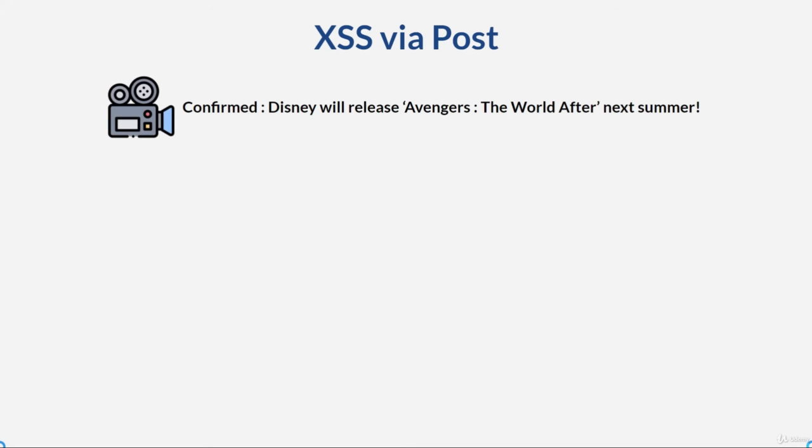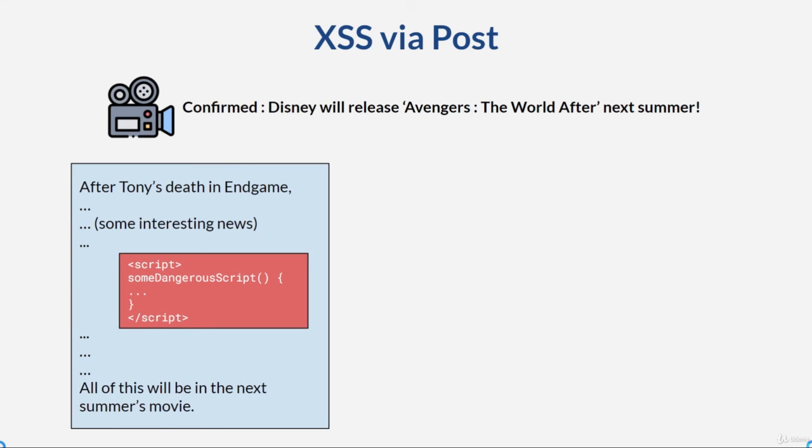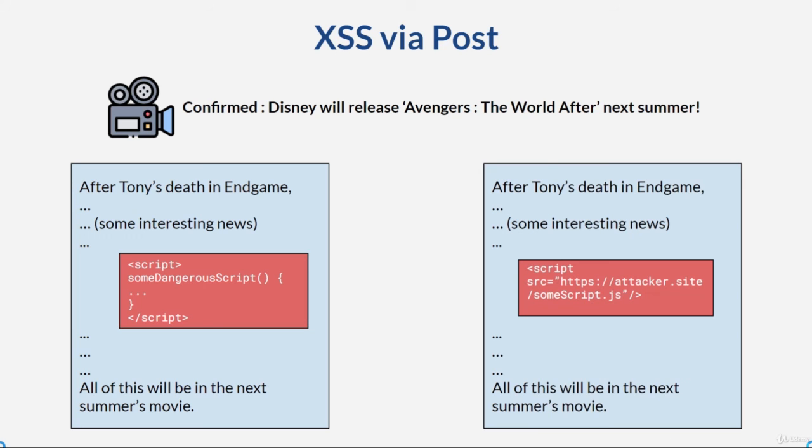Or maybe an attacker finds some news publication site which is XSS vulnerable. Everyone can create articles here. The attacker knows that the API to create articles is cross-site scripting vulnerable. The attacker creates an article with an interesting title. So the attacker creates an article which contains a dangerous script like this. Or a shorter version like this.